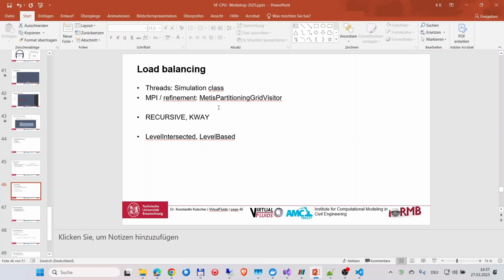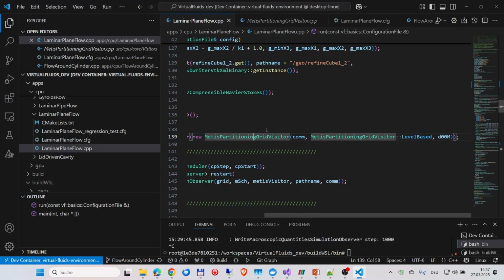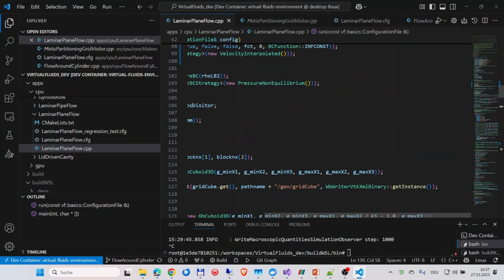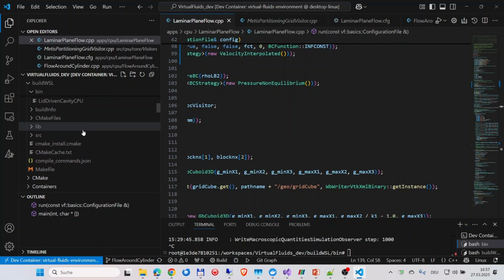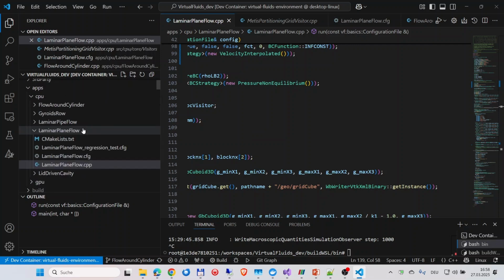For threads, you can also tune OpenMP. This is also another homework. You can try to tune OpenMP first for threads, and you can do this in the simulation